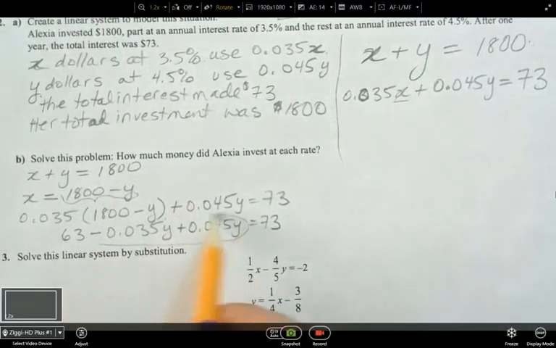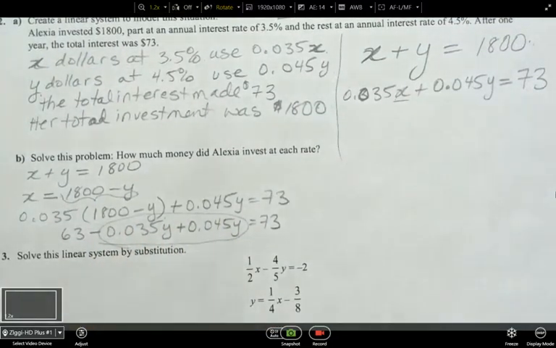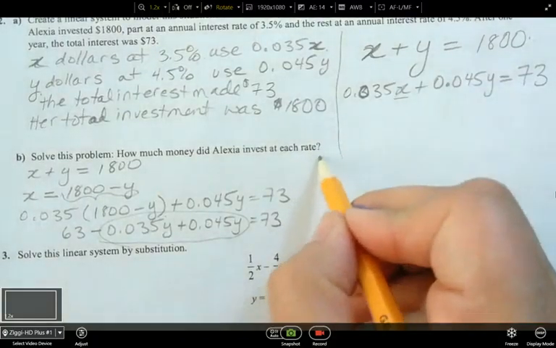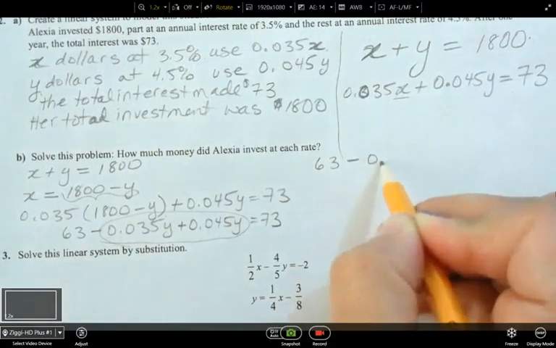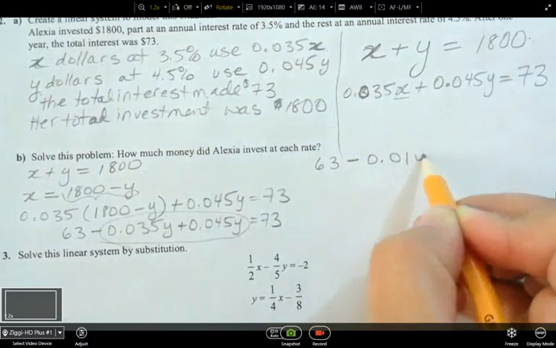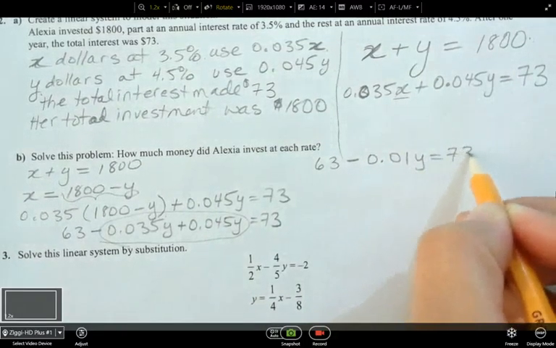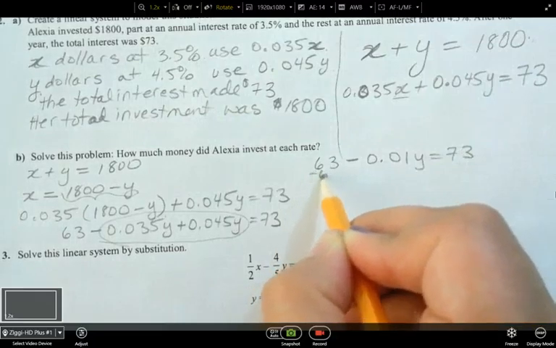Okay, so now I'm going to add these two numbers together, and what do I end up getting for that? So I get 63 minus 0.01y equals 73. So let's subtract 63